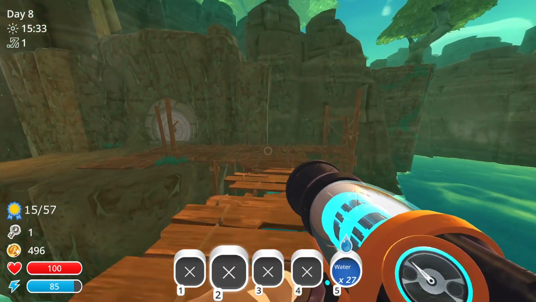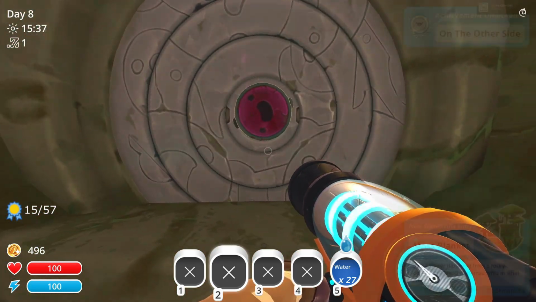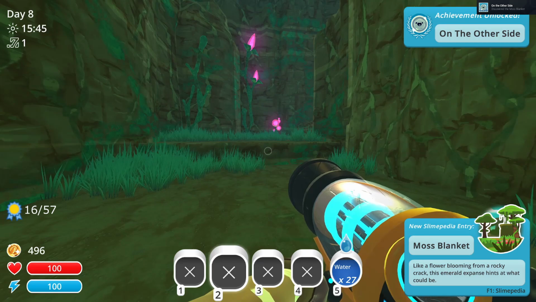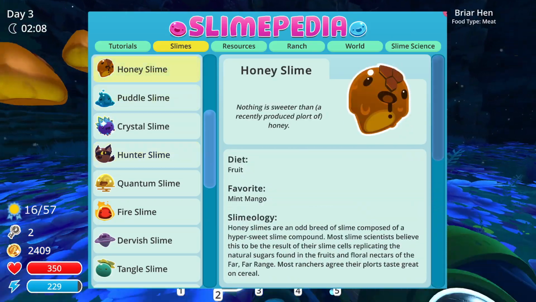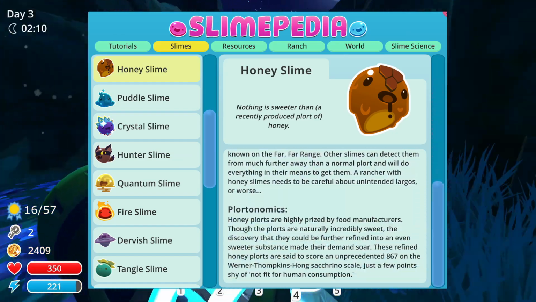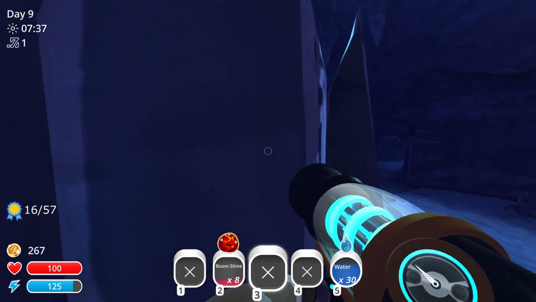I took one of my new slime keys and went deeper into the wilderness where I found another locked gate, this time discovering the Moss Blanket, home to two new slimes, the Hunter and Honey, whose plorts will be very useful going forward. Returning to the ranch once again, I deposit the goods and upgrade myself with a jetpack